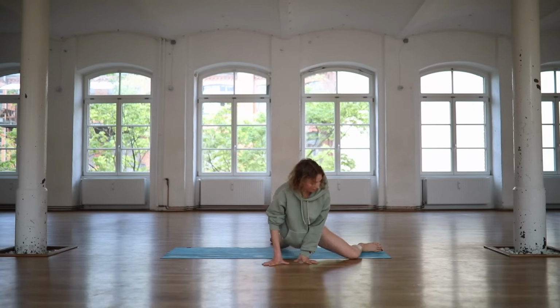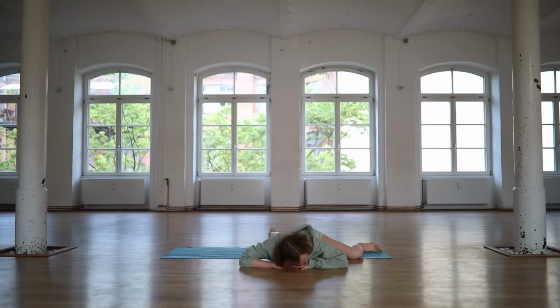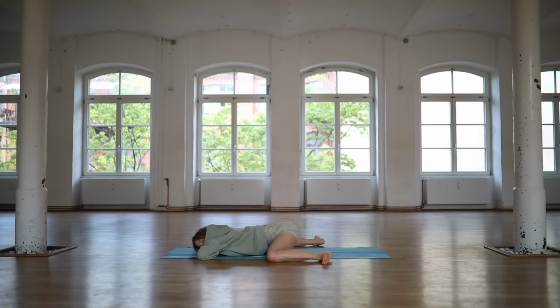You can also find half frog with just one leg out to the side and one leg extended to the back. You can either stay upright or you can find your way down, maybe placing a pillow or a bolster underneath you. Just making sure that wherever you are, you feel really, really comfortable. So choose your option and make your way into the asana,